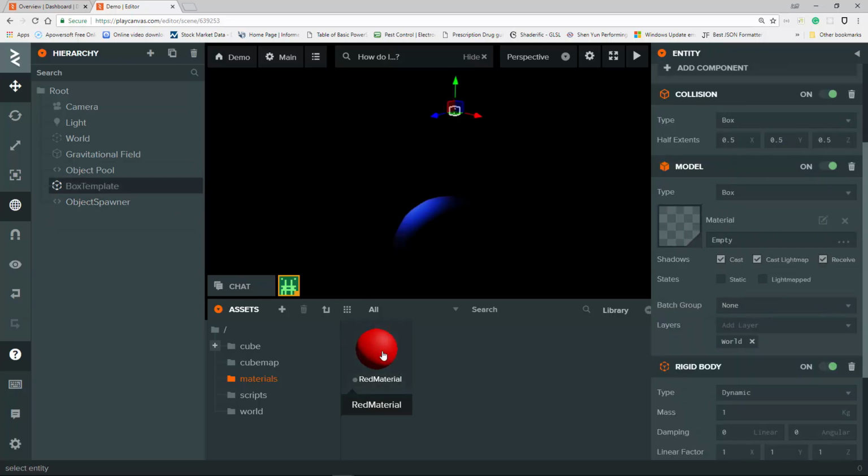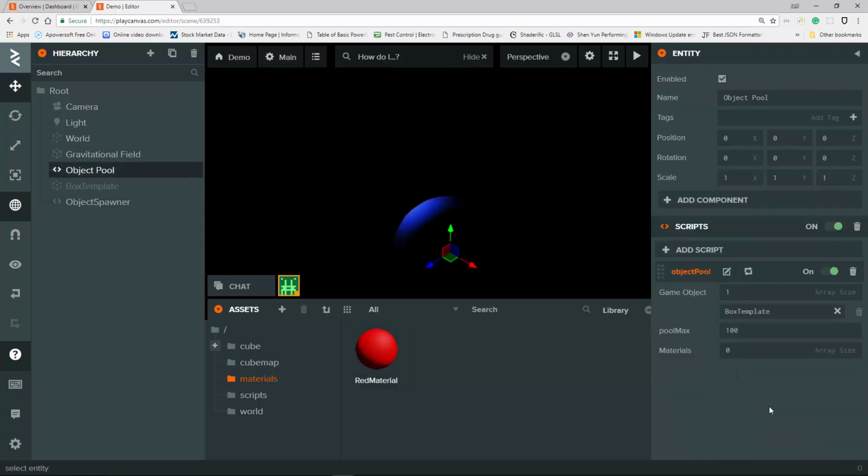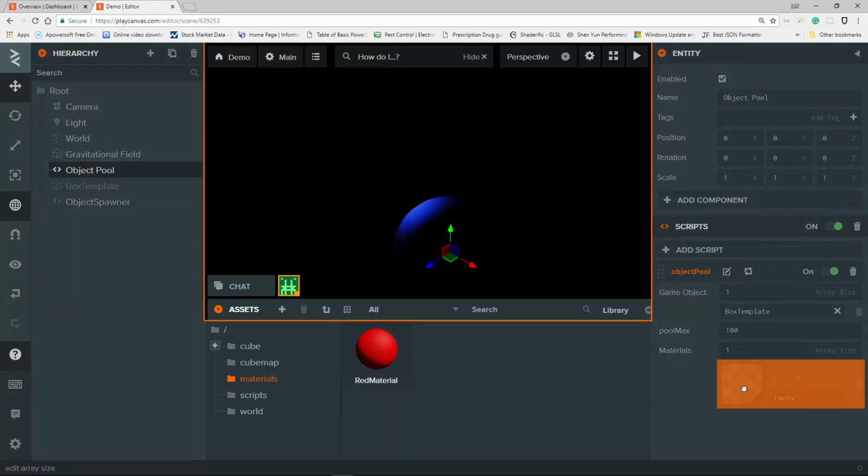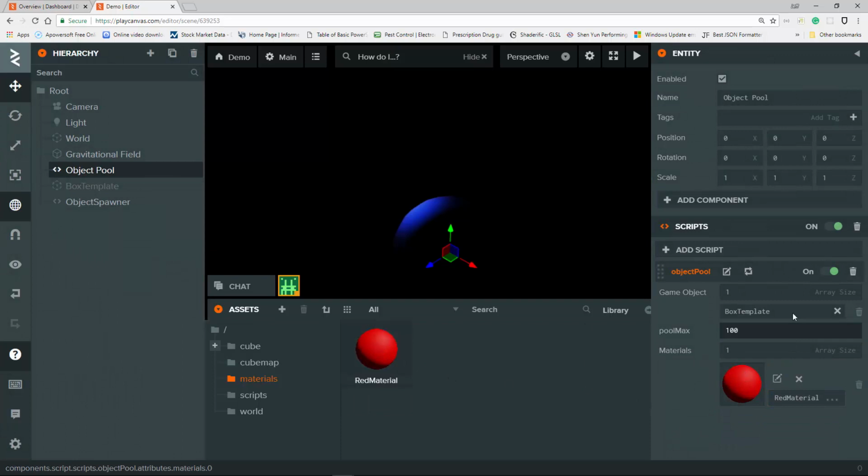And there's a slot here for material. I'll just drag it into here. Now this material is going to be assigned to the object pool, because I'm going to have several of these different colors. Since we've got only one right now, I give it one, and then I can drag this in. This is called an array of attributes. Very handy to be able to create arrays and pass things into it. So the object pool itself will read these objects. It'll look at the material and basically assign this material dynamically to this template and dynamically create